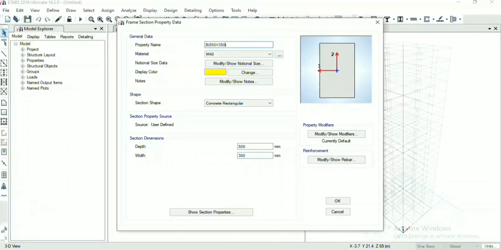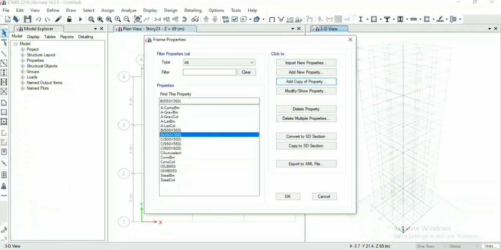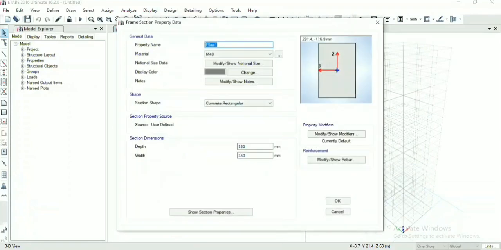All things are the same and depth and width will be 550 into 350. Again take add copy of property, name it as B, 600 into 400, depth and width as 600 into 400. Click on OK.